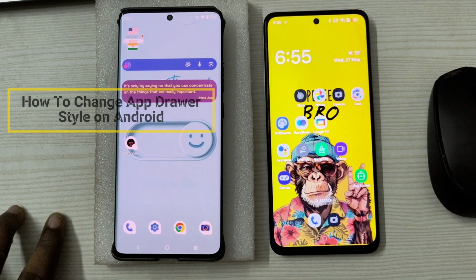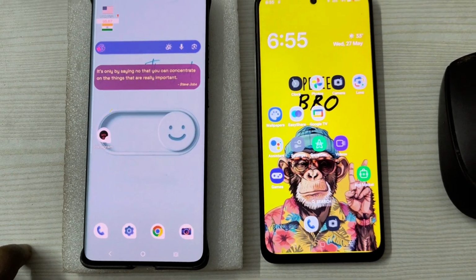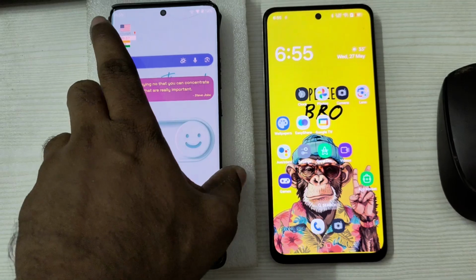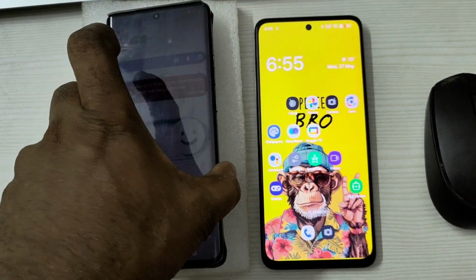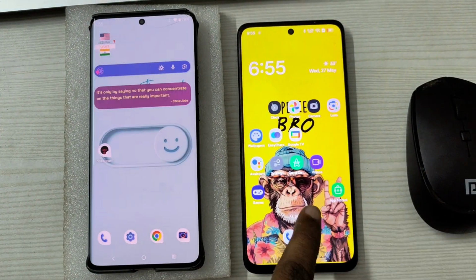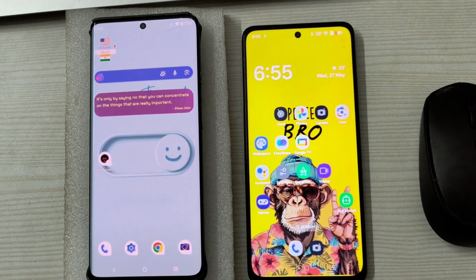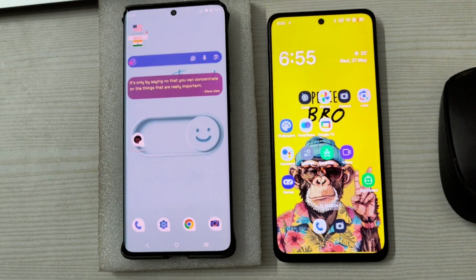Today in this video, I'll show you how you can change app drawer style on Android. For that, I have taken two mobiles. This is Motorola and this is Realme mobile. On any mobile, mostly the options will be similar. First of all,